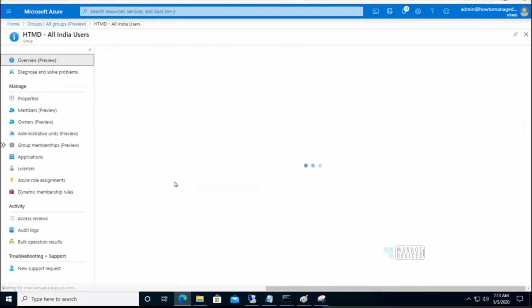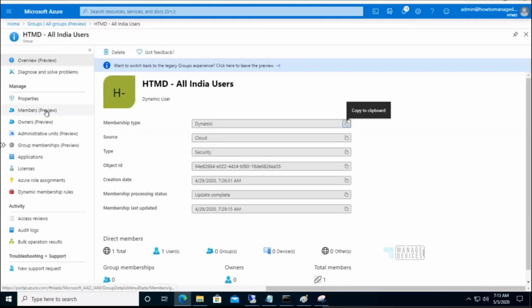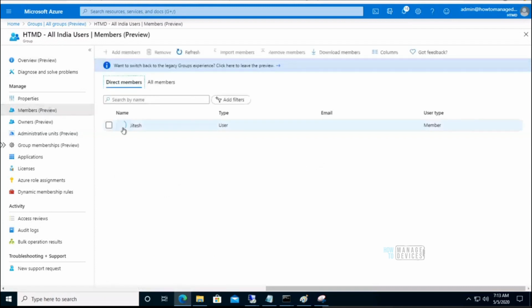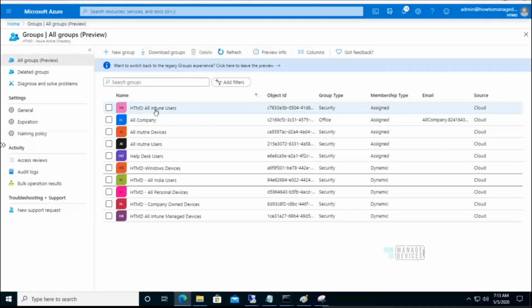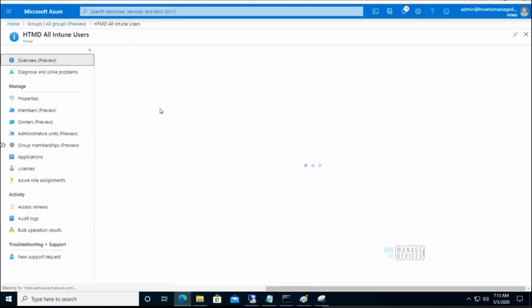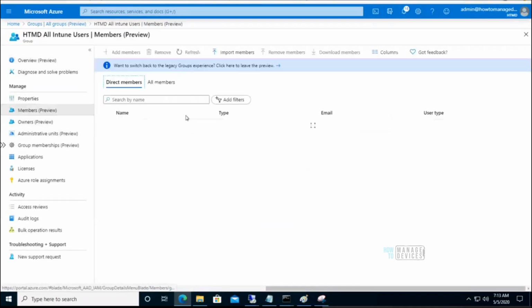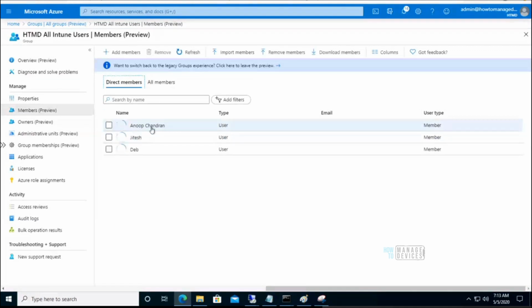India users is probably not the proper group. There is only one user. That was the wrong group I assigned, and that is why it didn't work. I should be using HDMD All Intune users, because it has all these users, and this is my user, Anoop.